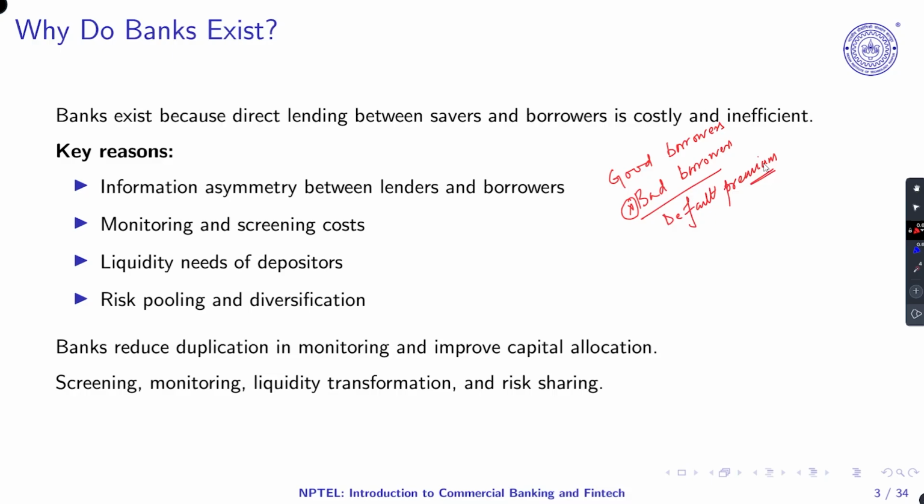So this is where the idea of risk pooling and diversification comes in, in the sense of how we can go about income diversification. For example, we saw in the case of CAR, we had risk weighted assets. What is the meaning of risk weighted asset? Here we can go on building up different types of assets.